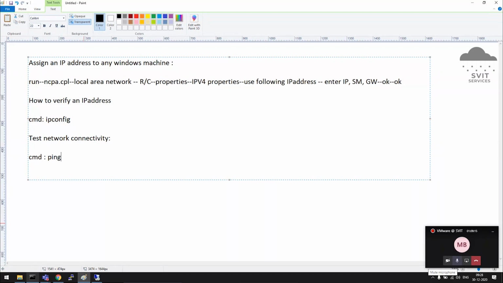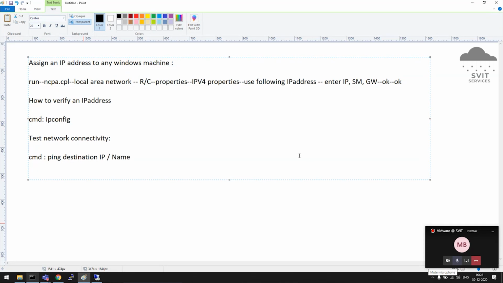What is ping? Portable inter-network group. If you want more, you can Google what ping is. Again, you need to go in depth about the IEEE and the networking protocols inside that. Portable inter-network group. Space, then the destination IP you have to give. From the same machine, you type ping space destination IP or name, whatever it is.